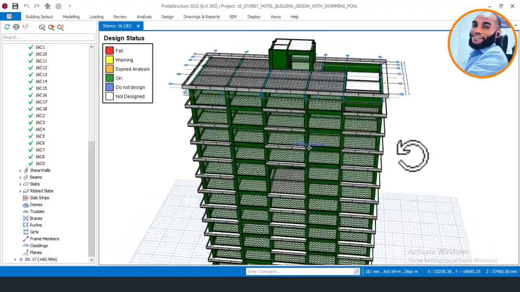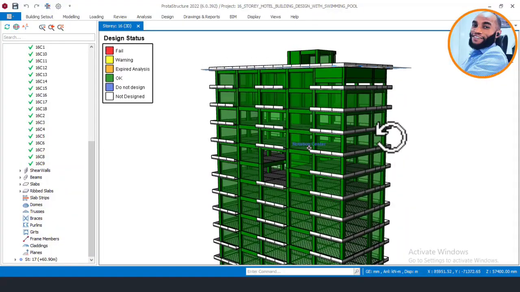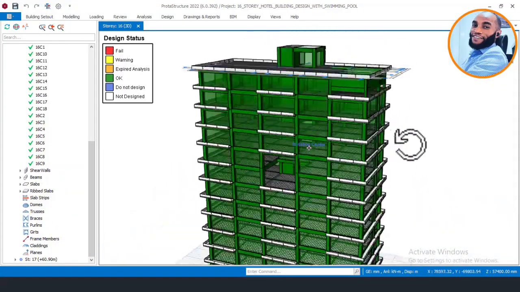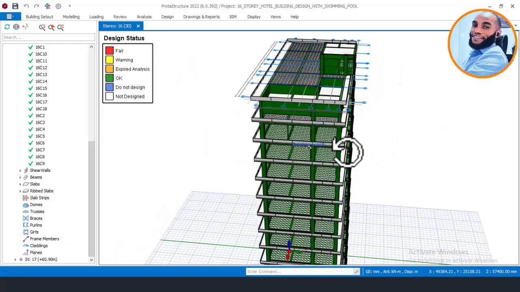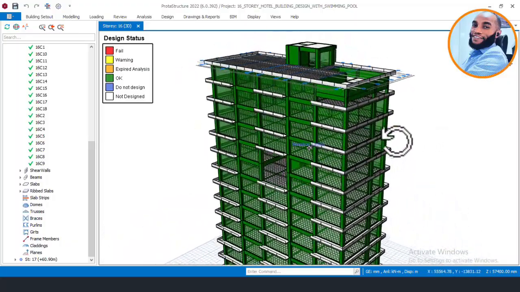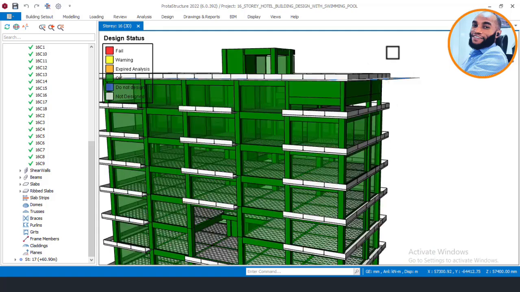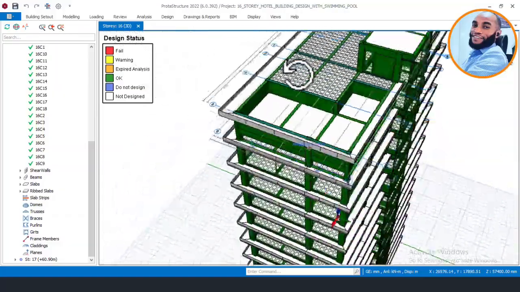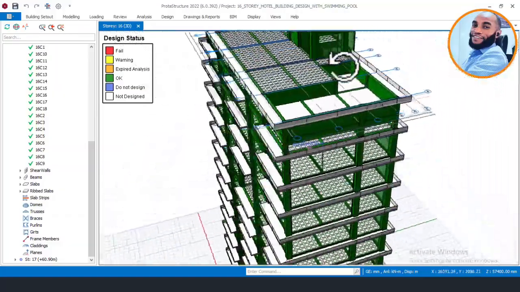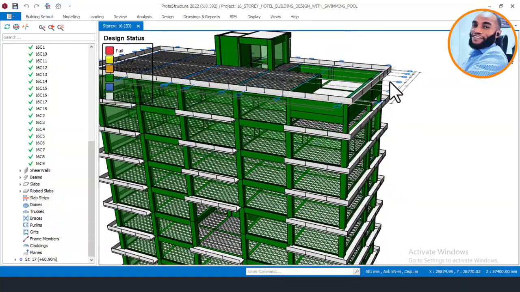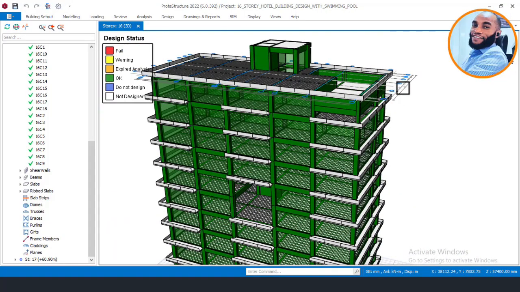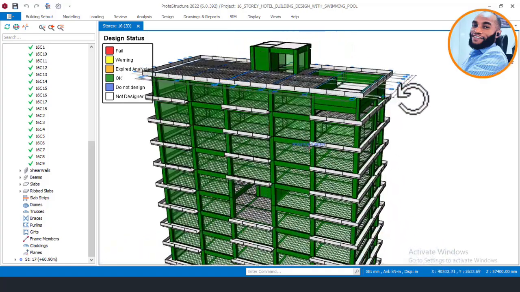So that is why they always give allowance for what they call interactive design, where you as a structural engineer will now have to come and interact with the software and use your own experience to arrange your reinforcements and choose your section wisely. So I would advise that for upcoming engineers, learn how to interact with your software. Although for you to interact with your software very well, you must have manual design knowledge and the principles. If you don't know the principles that are involved in manual design, you might not be able to interact with